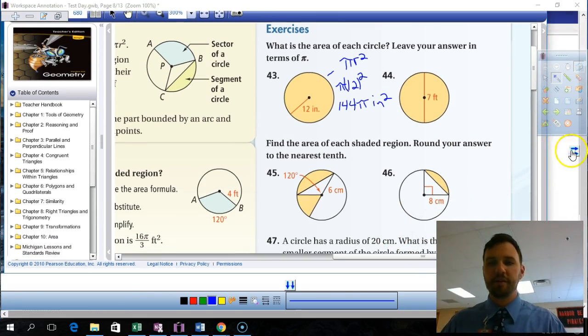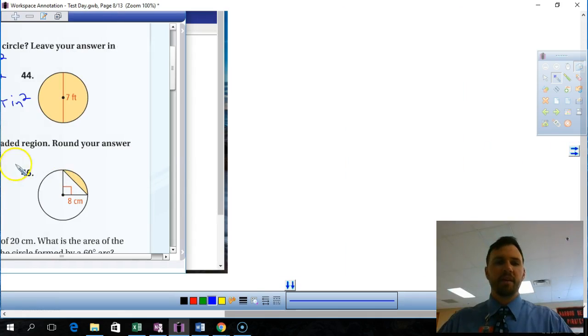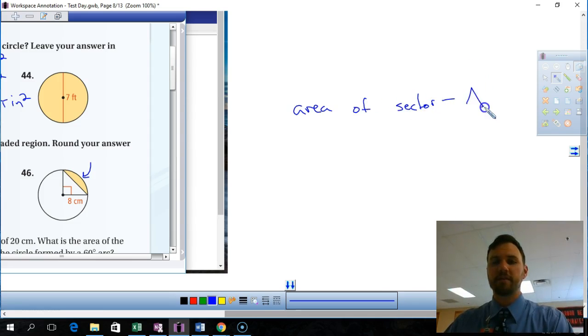Next is 46. This one's going to hurt a little bit. So we're finding the area of this piece right here, right? So what I'm going to first have to do is find the area of that sector. Sector is a piece of a circle. I'm going to subtract from that triangle, right? So now for the sector area,